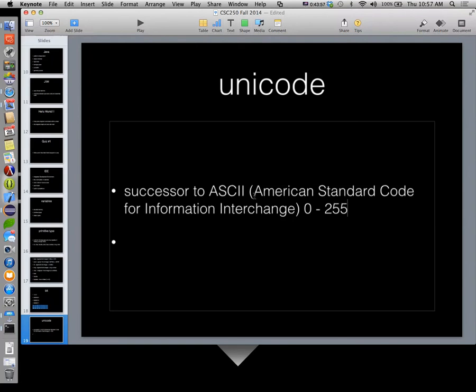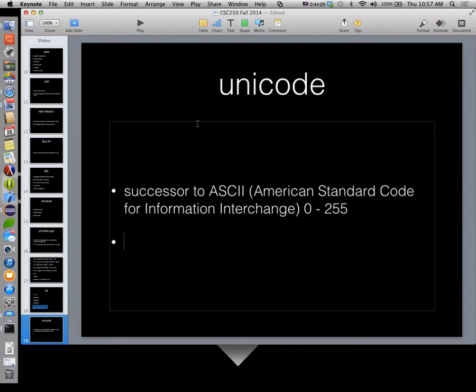All right, so Unicode is a superset of ASCII. That is the first 256 characters of Unicode. It's a mapping. Unicode and ASCII are mappings. So you map from a number to a character and vice versa, because computers like numbers. Unicode's a superset of ASCII. So the first 256 characters of Unicode are the 256 characters of ASCII.